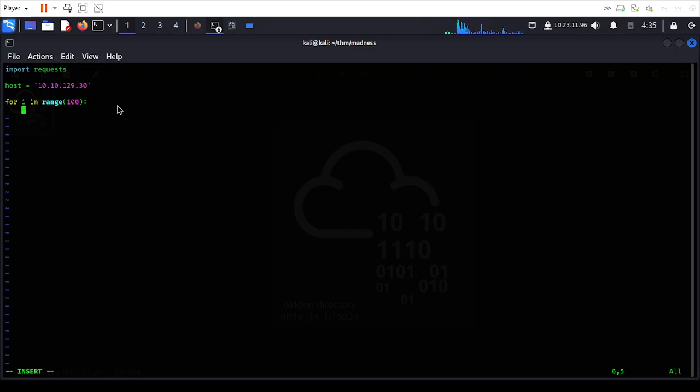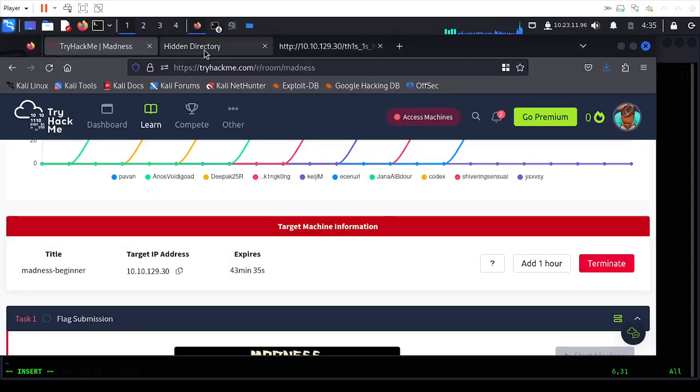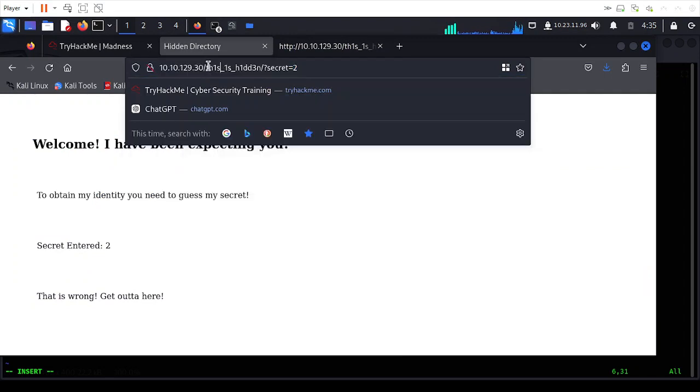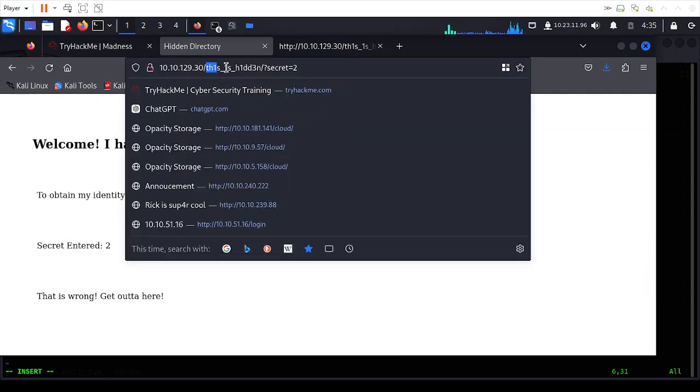Then for every loop, let's first construct the URL. So the URL will be HTTP, that way, then plus the host, which is this one right here. So plus host, then concatenate that one to this bit of it. Where is it? This one here. So you can just grab this